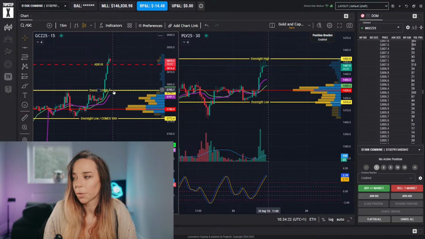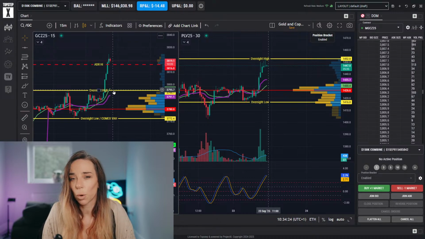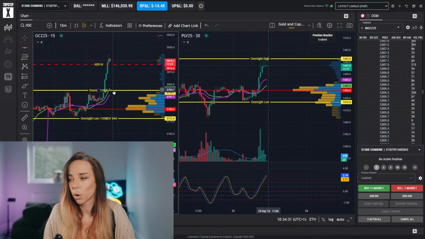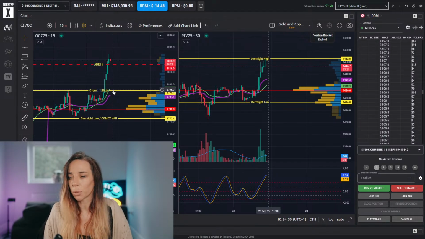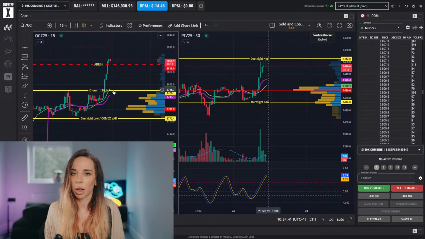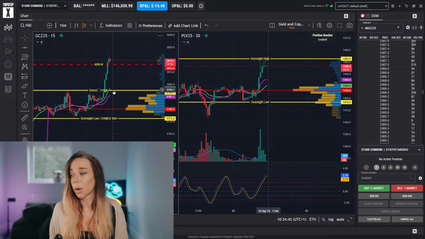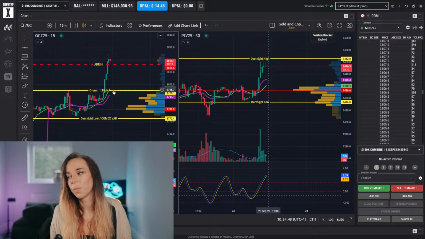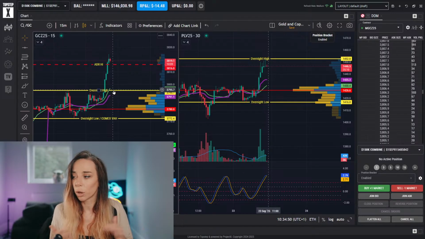And just to clarify, for me, the LME initial balance is only 40 minutes, because we don't have time to wait an hour, an hour and a half, for COMEX. So if I'm going to find a trade based on the initial balance developments, I need it to happen after the 40 minutes of LME have been done. But usually by then, something has happened with the overnight high or low,